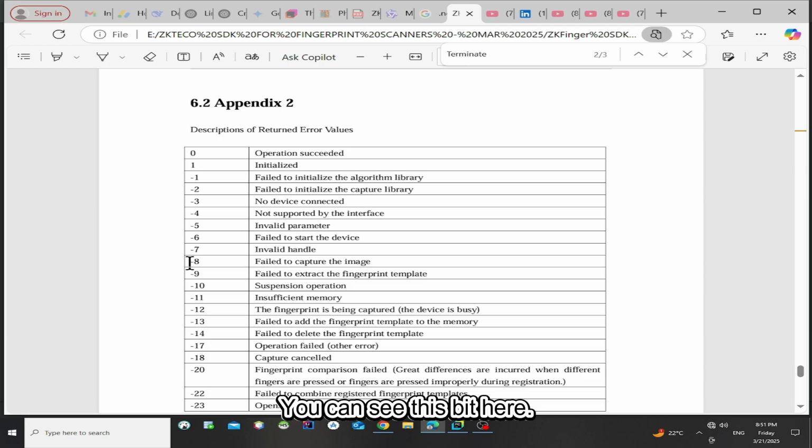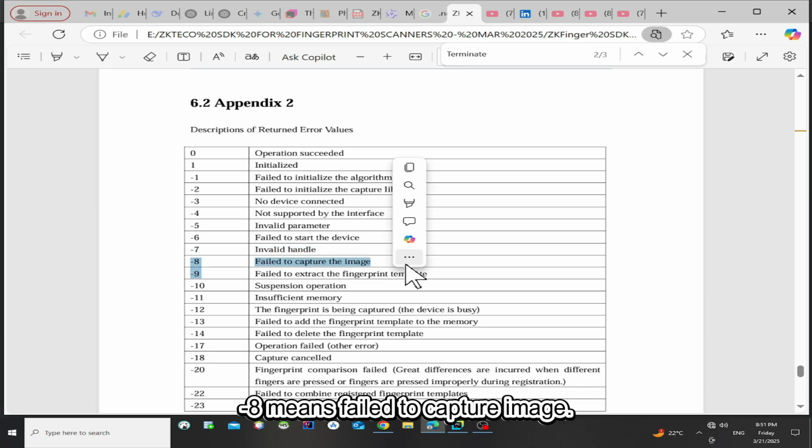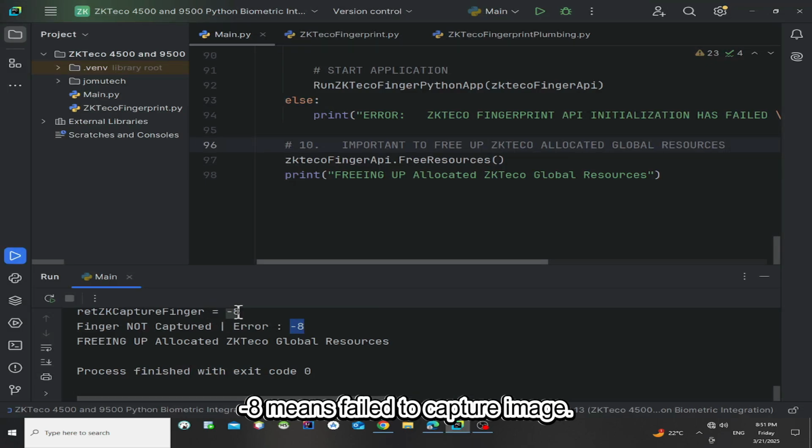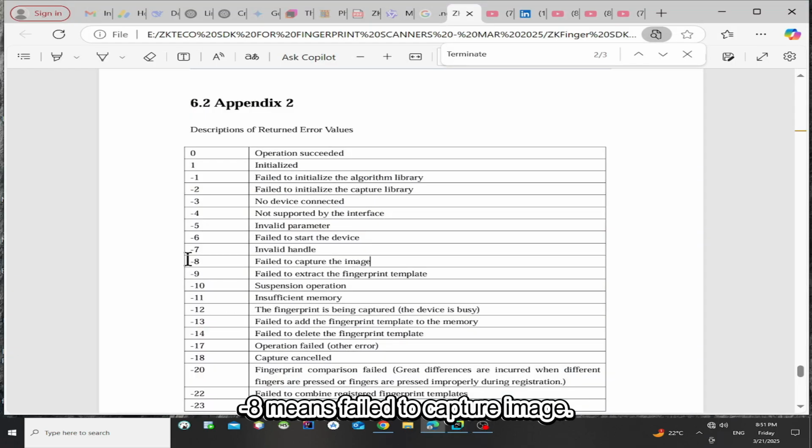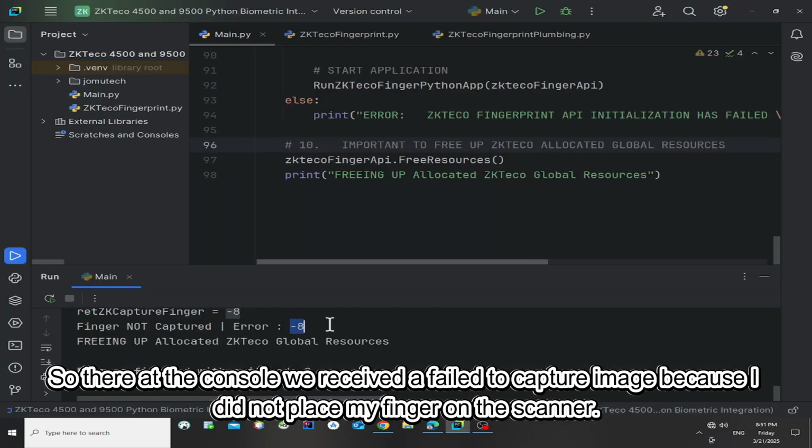Hope you can see this bit here. -8, which is what we were seeing here, means failed to capture image. So the reason why we received a failed to capture image is because I did not place my finger on the scanner.